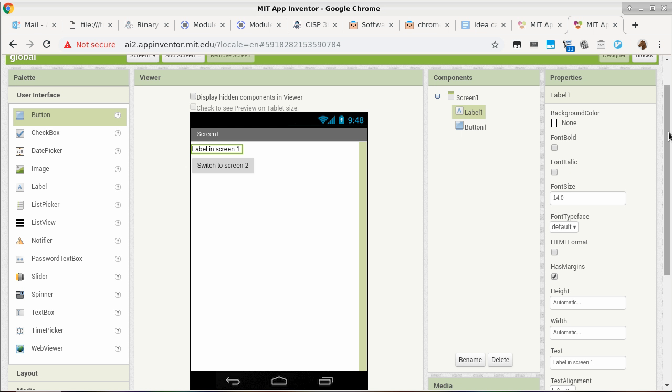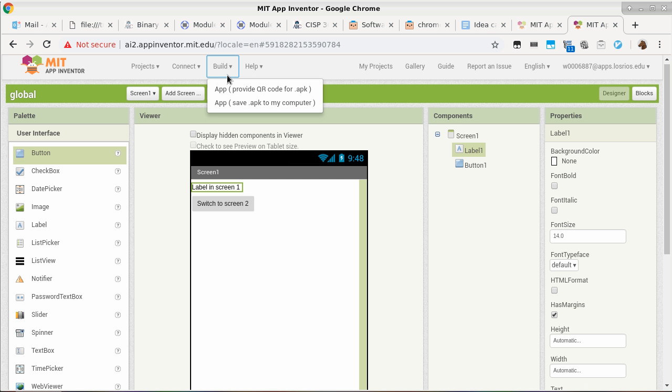Now, if you have a multi-screen program, my recommendation is to use this method to test your program. Because if you don't do this, then your emulator or whatever phone you're using to debug your application will synchronize with whatever screen that you have selected here. So if you choose to go to screen 4, your app running on the phone will automatically switch to screen 4 without doing the initializing, bypassing a whole bunch of mechanisms. So you can't really debug a program easily when you use any one of the connect methods.